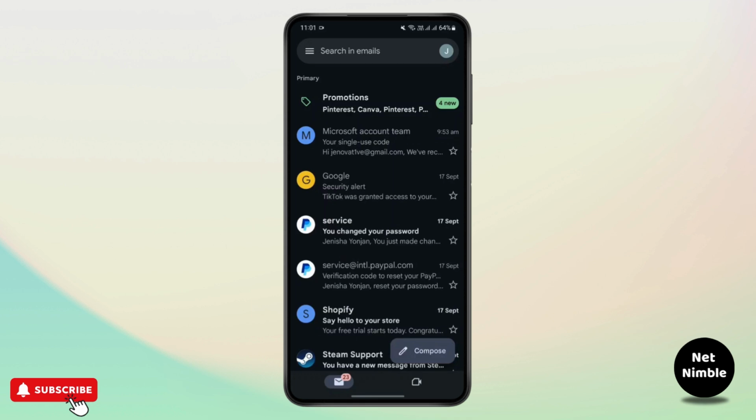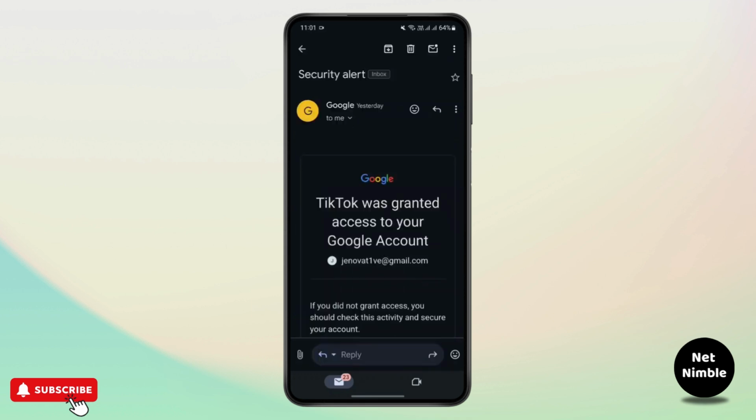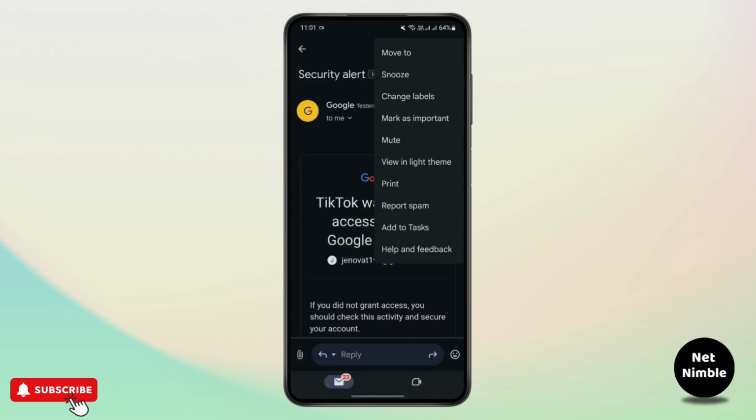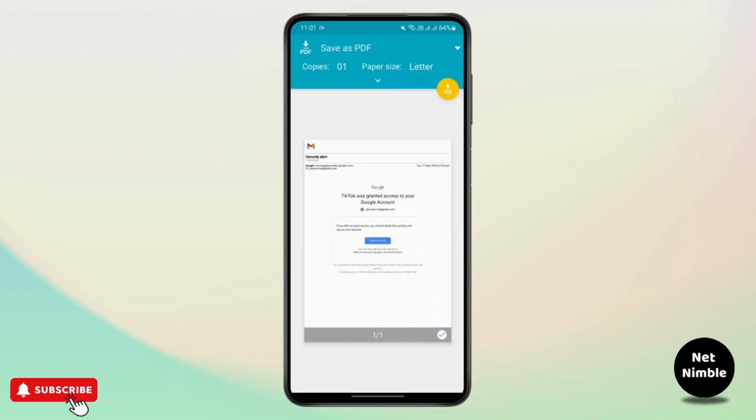So let's move forward. Open one of the emails that you want to download. Let's say I want to open this Google Security Alert email. What you need to do is tap on the three dots at the top right and tap on print. After tapping on print, you can see the option save as PDF. Tap on download